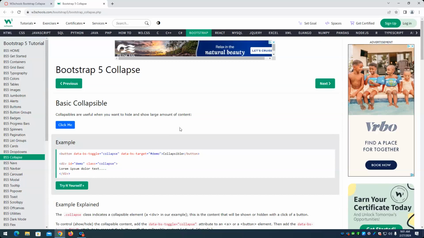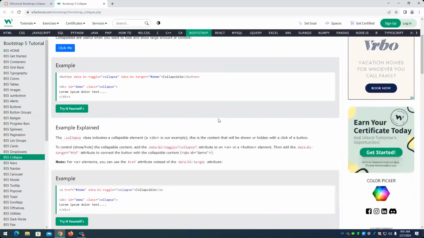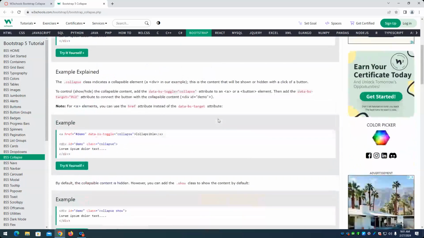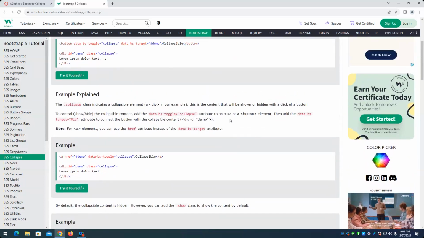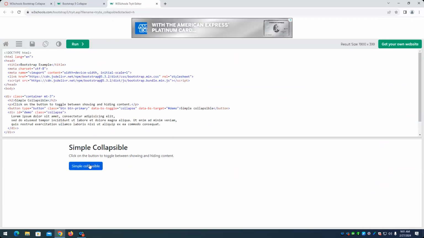First thing that we're going to look at is the Bootstrap collapse. What that allows you to do is it gives you the behavior to make things collapse. And what do I mean by collapse? I mean something like this. You click the button, we can show or hide. And this is accomplished by